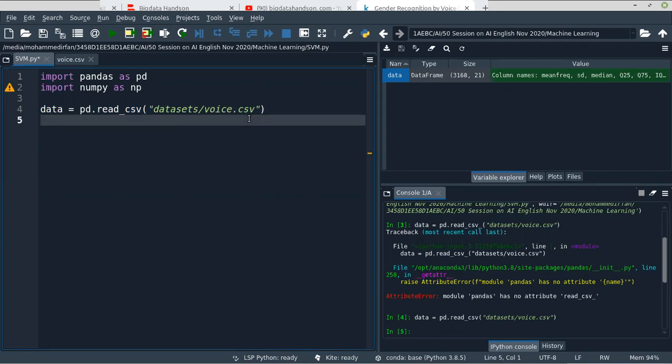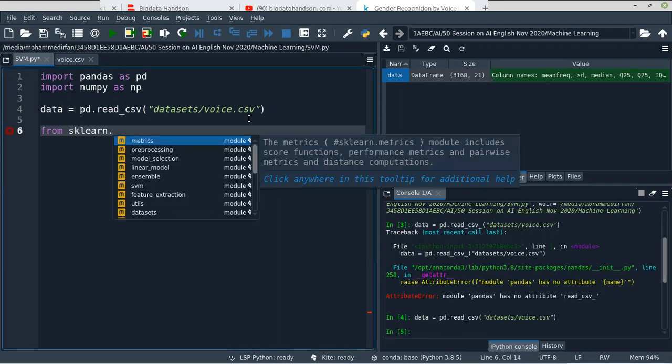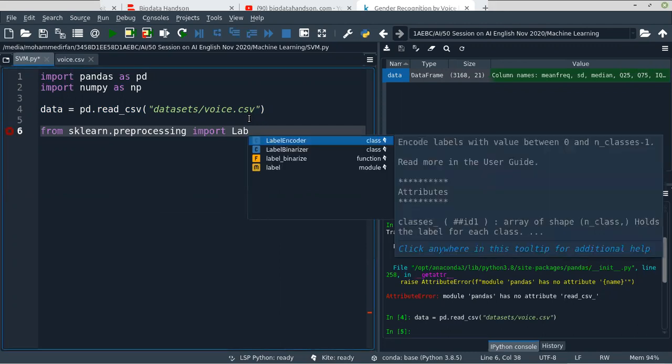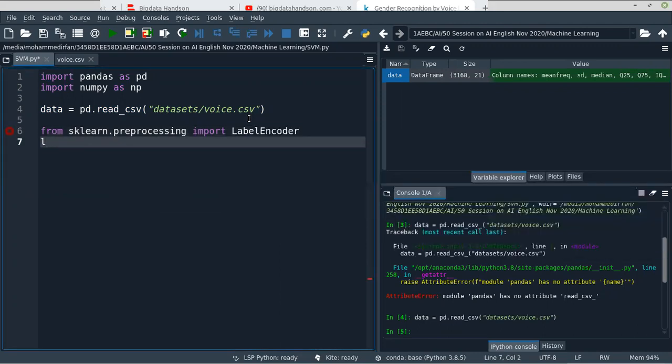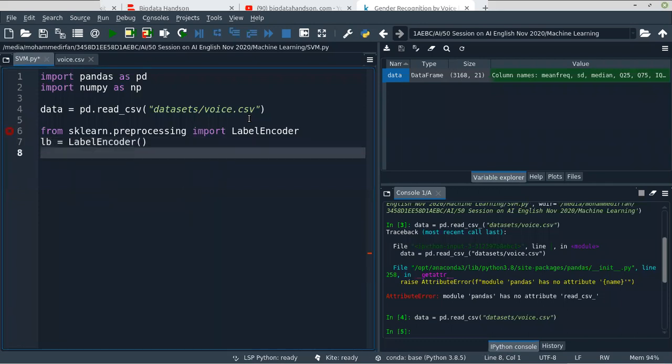First we'll encode the category, that is male and female. Using the label encoder, we import the label encoder from the sklearn.preprocessing module, create an object for label encoder, and fit that on the dataset.